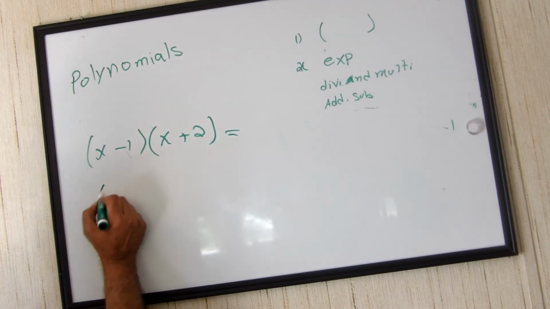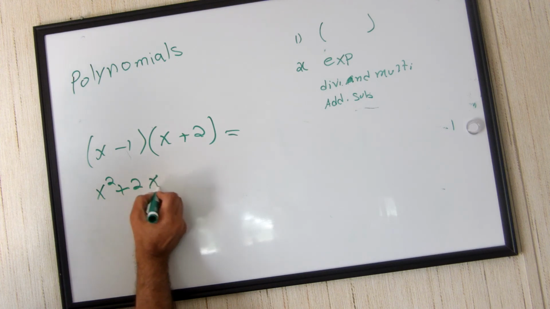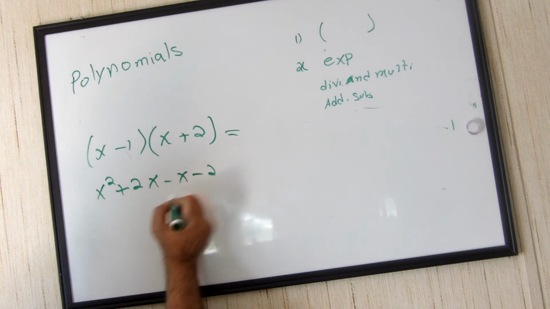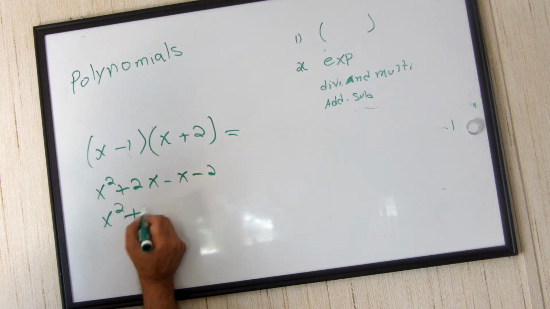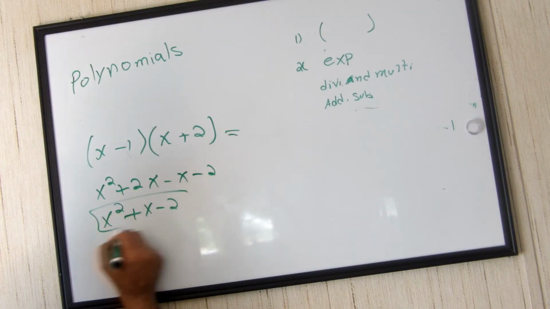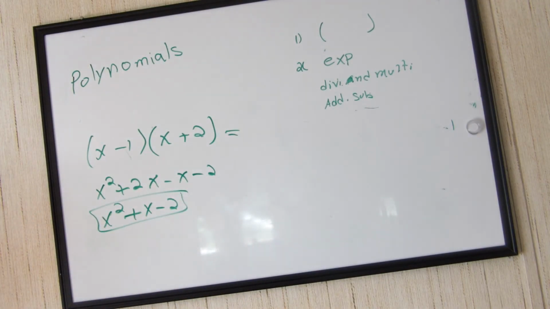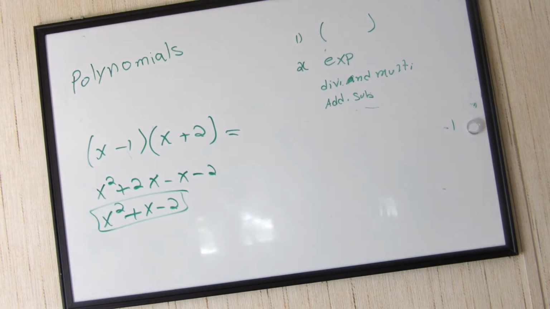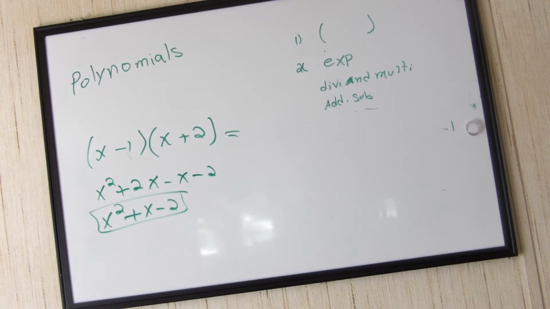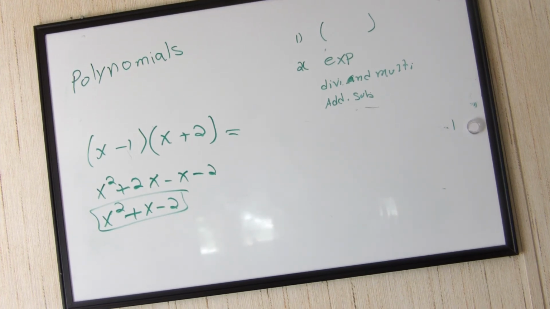It's going to be x² plus 2x minus x minus 2. And then x² is going to be plus x minus 2. So that is the result of this. So we continue those later, because there are a lot of subjects. It's an interesting thing. We are going to get